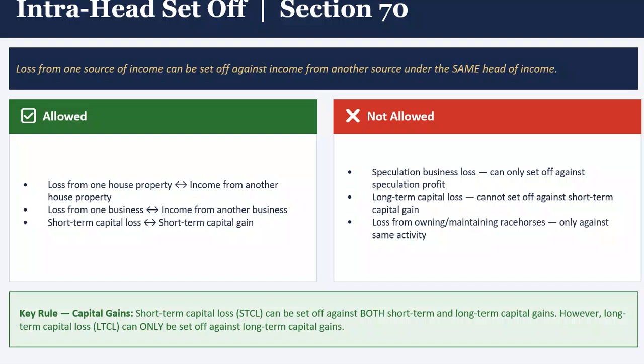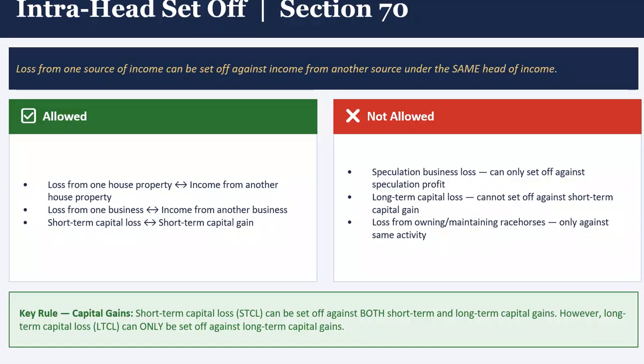First, in case of intra-head set off, there are some rules and restrictions. The loss from one house property is allowed to be set off against income from another house property. Loss from one business is allowed to be set off against income from another business. And in case of short-term capital loss, it is allowed to be set off against long-term capital gains